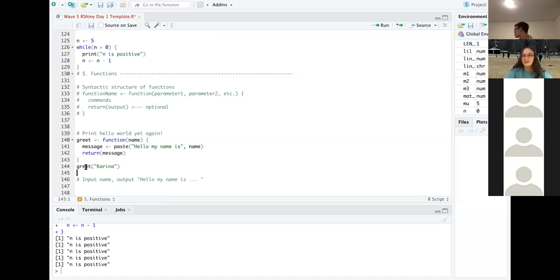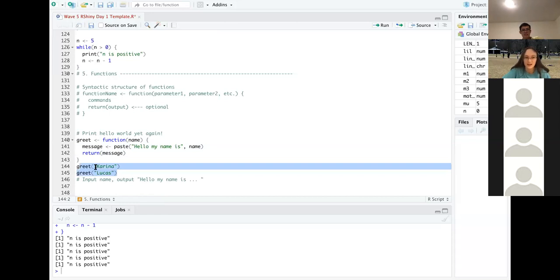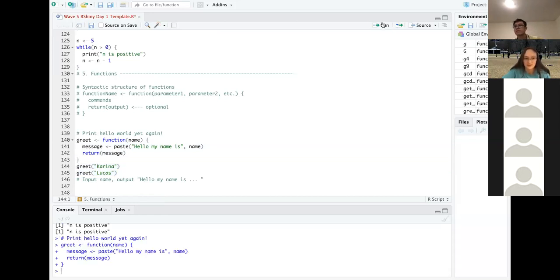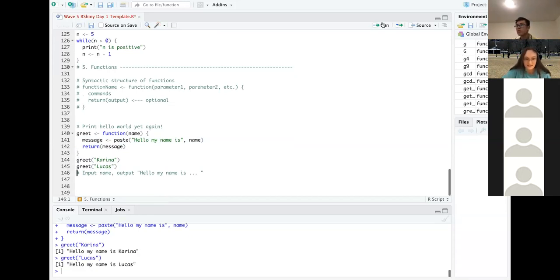Now we can call it much more easily, and we can call it multiple times. So let's say we'd like to greet multiple people. You guys can see how that's much easier. First of all, the call to the function is a lot shorter. And second of all, if we hadn't had that function, we would have to write this code like 20,000 times for every person we want to greet. In this case, we can just say, hey, greet them. So to run this function, first we run it and then call it.